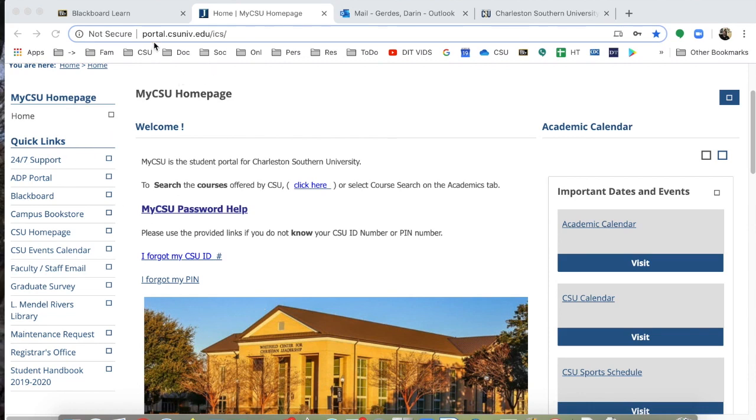So starting at the portal.csu.niv.edu, we're going to go into not Blackboard, but faculty and staff email. So we're going to go to the web email. Now that's important, not your regular email, but the web email, because when you look at your email, you're going